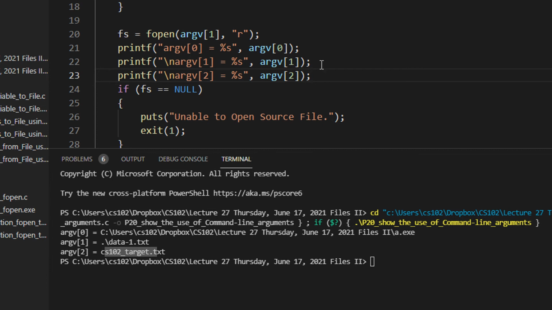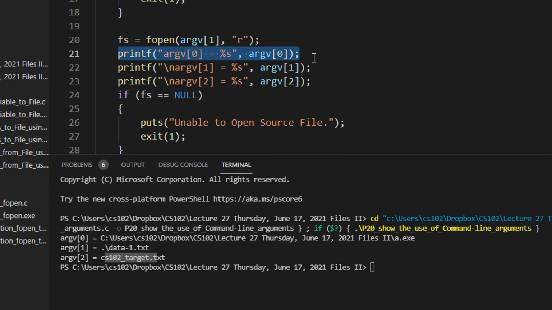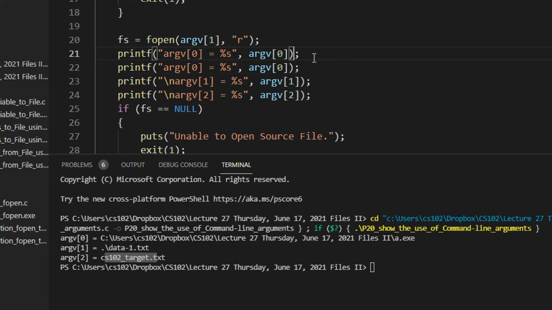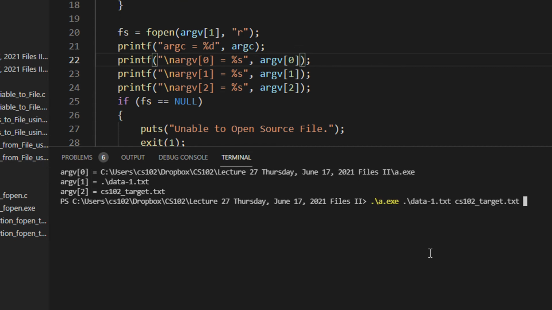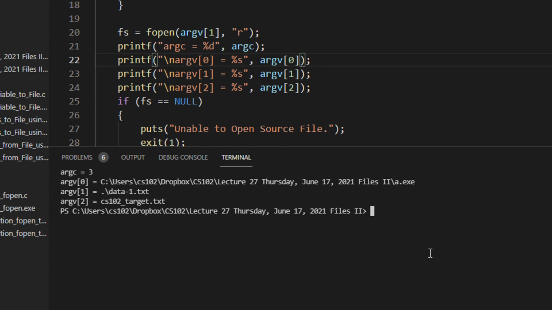And if you see what the arg count will be here, it will be 3 in this case. That will be %d, and it will be just argc, slash n. Right, so you can see arg count is 3 because a.exe is the first argument and the two files are the next two arguments.